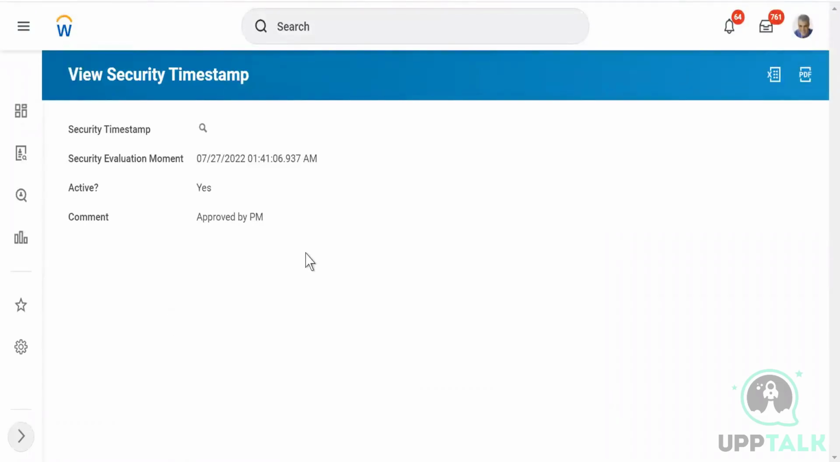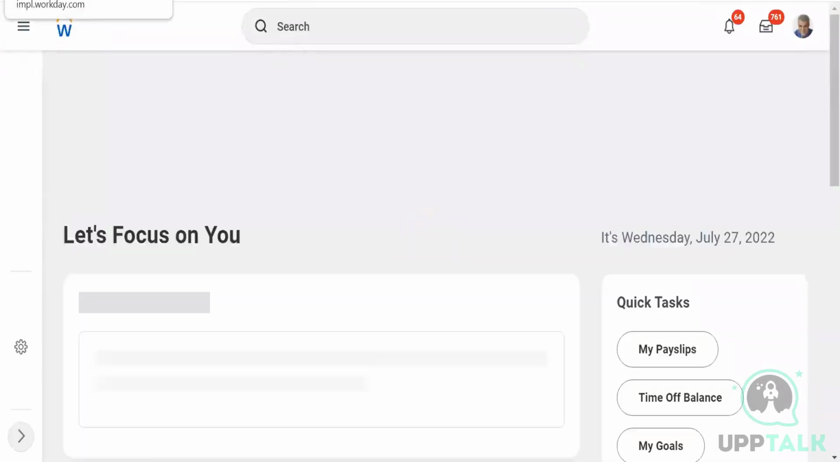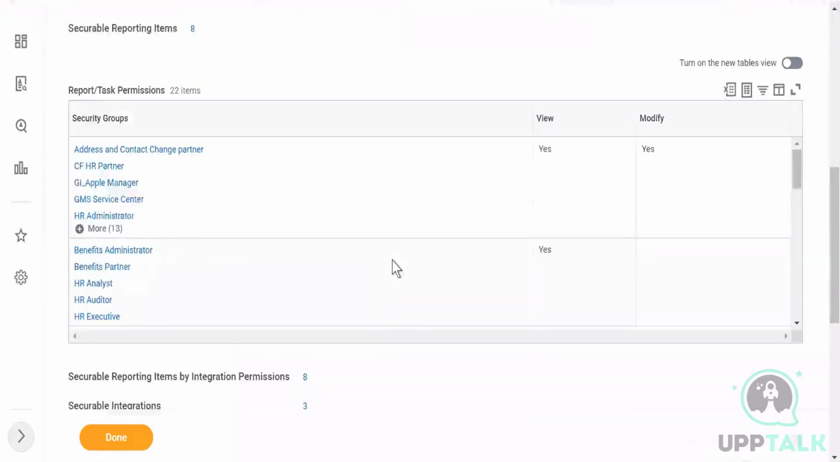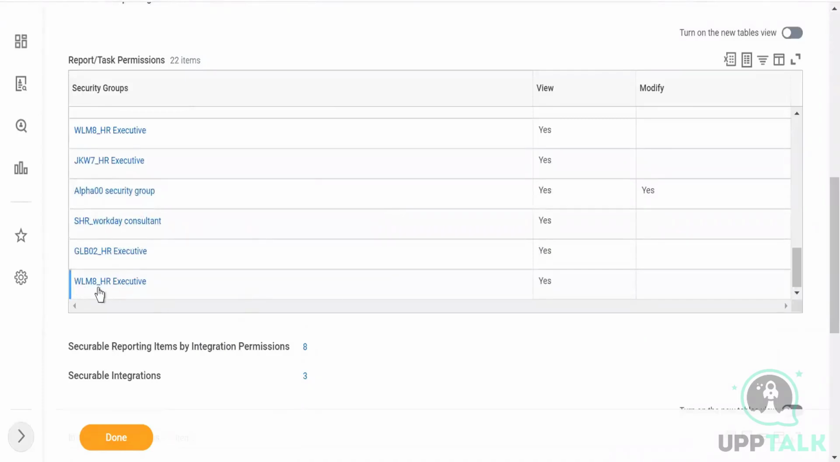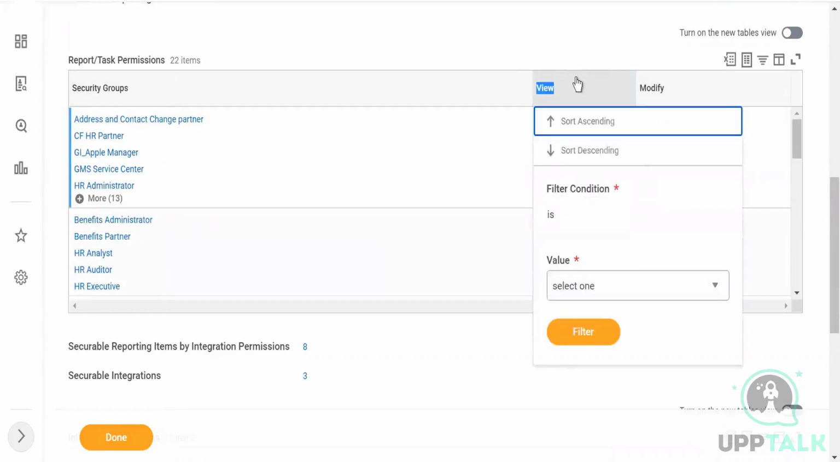Okay, so once it is approved or once it is done, then what is going to happen? Your security group where you have given the permissions is now active. So if you scroll down, this was a security group, right? Now you see it's active. So it's already available to you. But what permissions have I given? View permissions. So now if they are able to run the report,